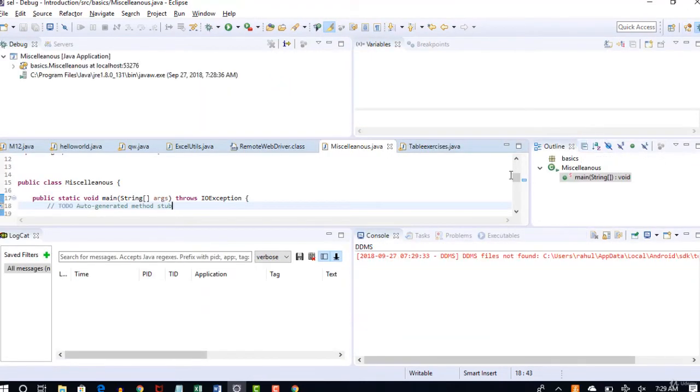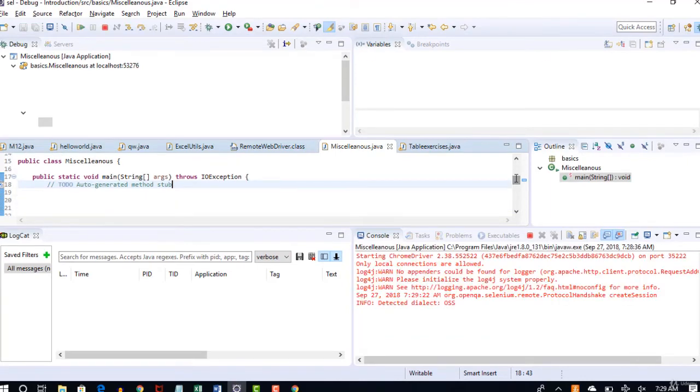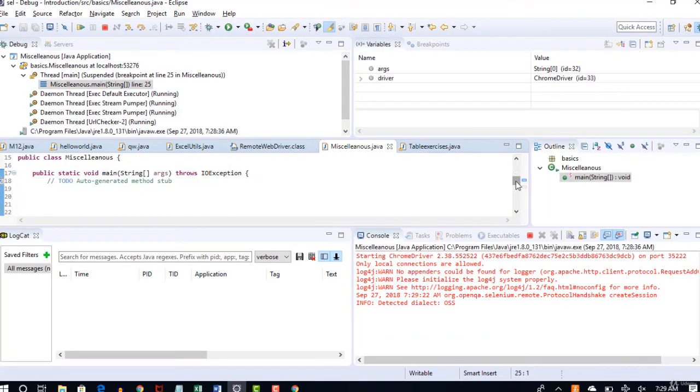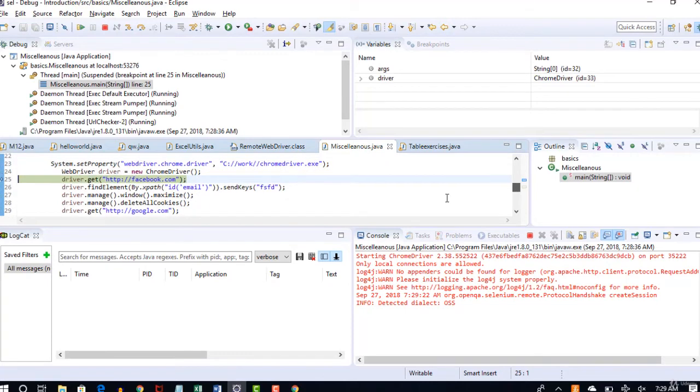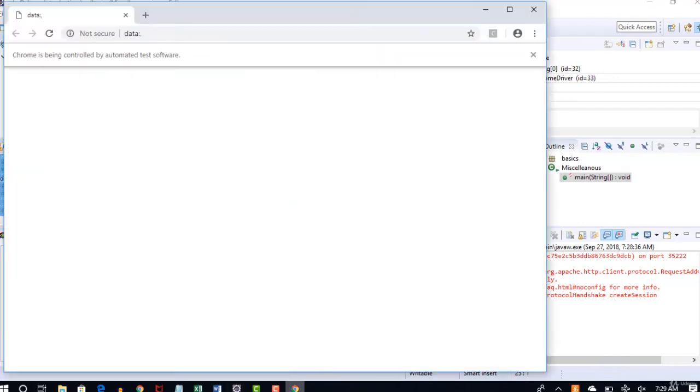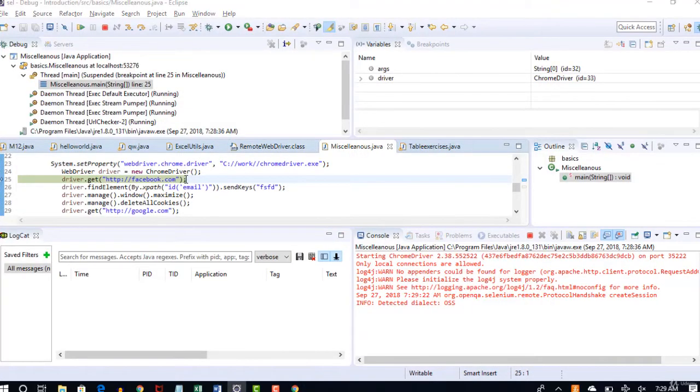Okay, perfect. You will be switched to debugging mode like this, and you see that this line is highlighted. That means our test got paused here, and that's why Facebook.com is not yet hit on the browser, because we just halted our test here.